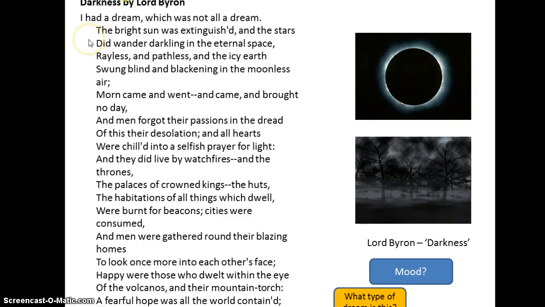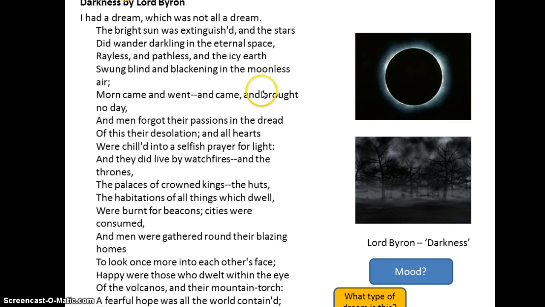The bright sun was extinguished, and the stars did wander darkling in the eternal space, rayless and pathless, and the icy earth swung blind and blackening in the moonless air. Morn came and brought no day. And men forgot their passions in the dread of this their desolation, and all hearts were chilled into a selfish prayer for light. All right, so again, you can see we have the volcano and eclipses